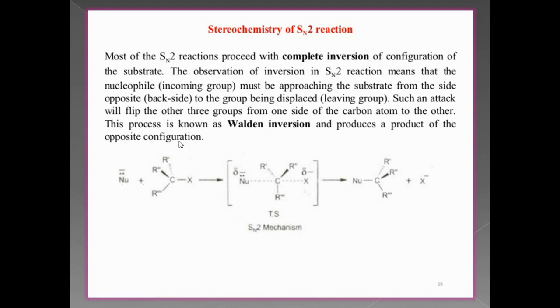But the process will not take place directly. While the nucleophile approaches the central carbon, the R groups move like this. Here, a trigonal planar type of structure is initially generated, and the carbon is balancing five different groups: three R groups, one X, and one nucleophile.